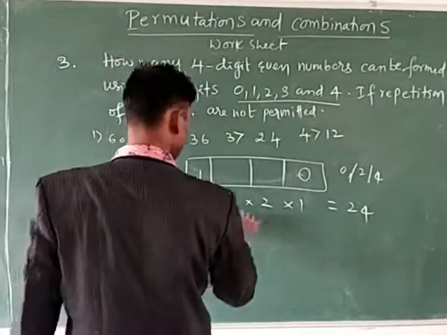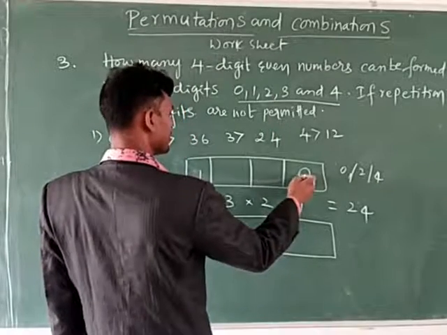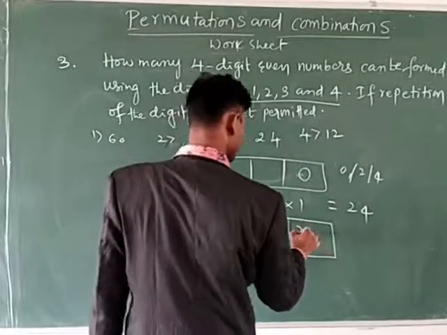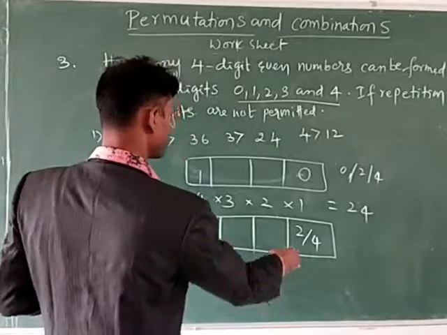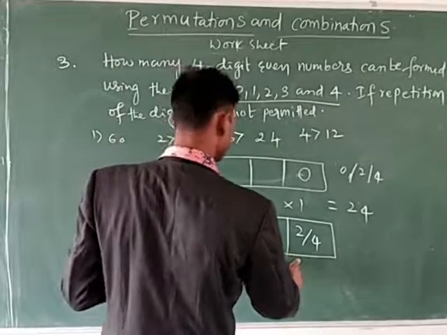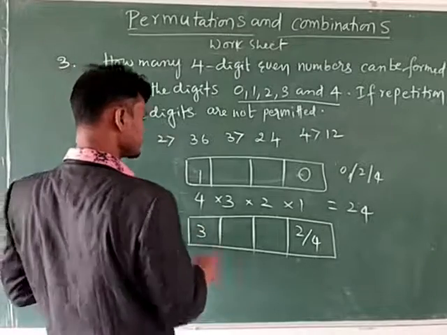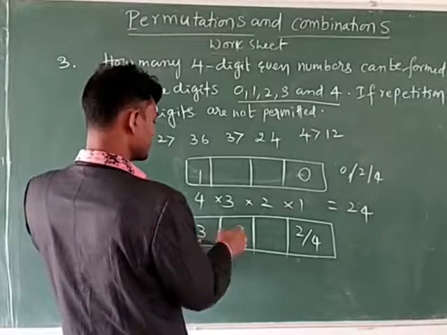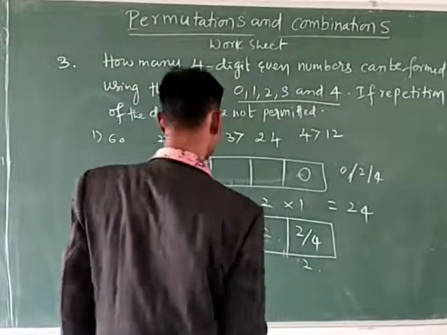Again, one more case you have to take. For an even number, the first case is 0, and the second case you have to take either 2 or 4, any one number, and fix it. Then 1 fixed, remaining how many digits are there? 3 digits are there, so 3 ways. Actually here also 0 is not possible at the start. That's why here 3 ways. Then this is also 3 ways, this is 2 ways, and this is also 2 ways.